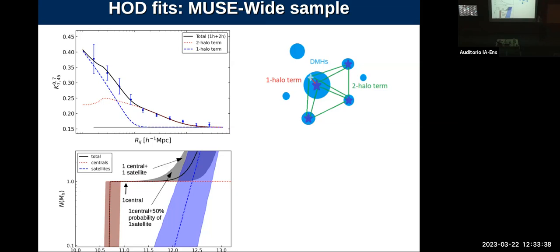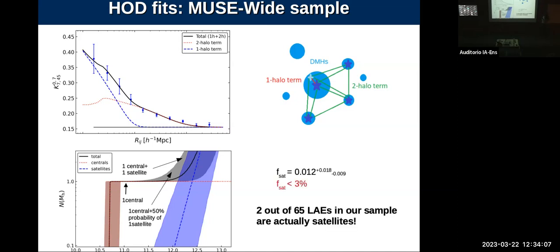If our dark matter halos are even larger than that, let's say 10 to the 12 or so, we are at a number of galaxies of 2. And this means that we can have one central galaxy and one satellite galaxy being hosted by that dark matter halo. Now, from this kind of plot, I can also obtain more information on how many central Lyman-alpha emitters I have in my sample, or how many satellite Lyman-alpha emitters I can have in the sample.